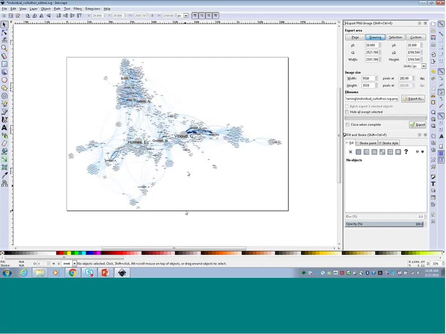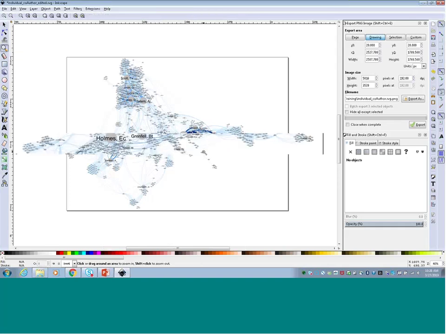The next thing that we want to do is add a legend to this so that we can say how large a particular node size is, what that represents in terms of the number of publications, what the individual lines mean, all of those kinds of things. There are a couple of different ways to do this depending on how you want to work. I'm going to show you the way that I typically do this, and then you can feel free to explore other options that may make sense to you.